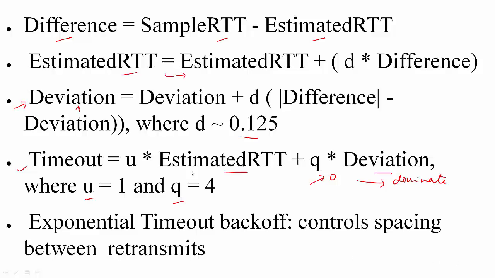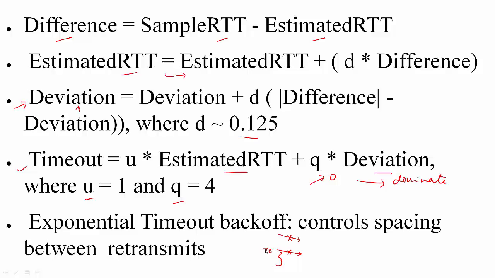I should also mention this other thing. Suppose you send a packet, it got lost, so you timed out and you're retransmitting the packet. Let's say this also got lost. So when do you retransmit this particular packet again? That is, retransmit the retransmission. So if you notice, during this time, you're not getting any sample round trip time measurements. So you have to act accordingly without the sample round trip times.